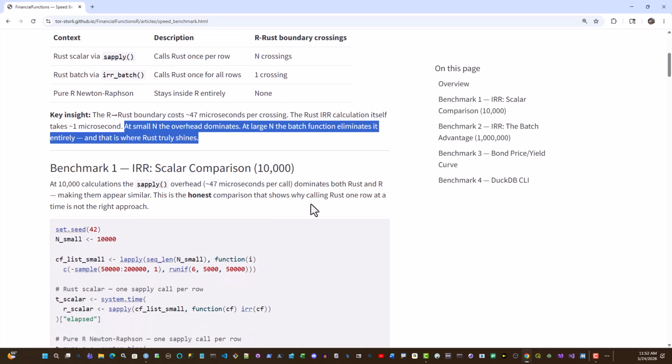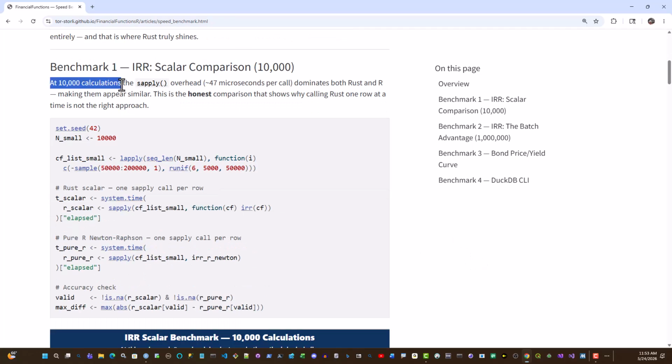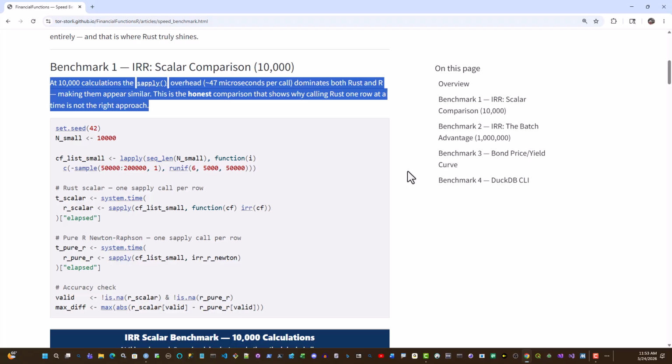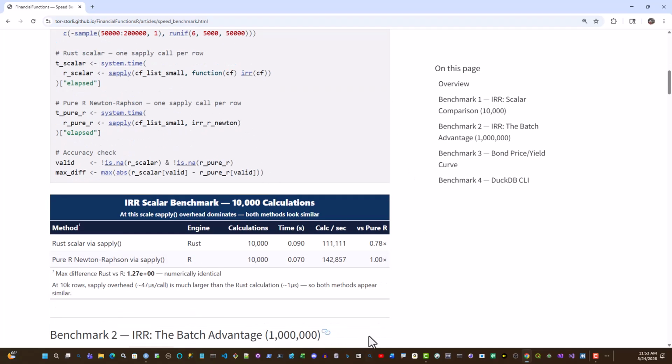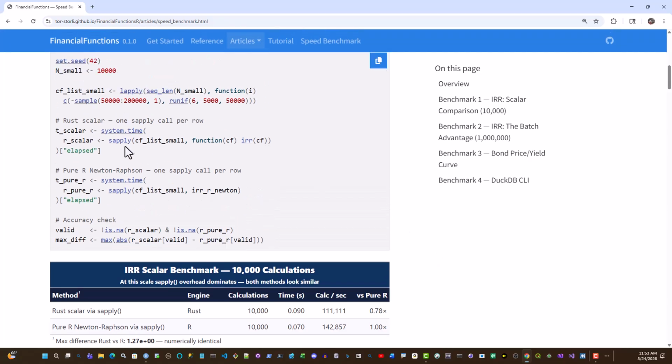So if you can pass it all in at once to Rust, that's preferable, because otherwise it's going to be slow in the transit because you have to pass it into Rust every time. If you use 10,000 calculations, you use this sapply function in R, then you can run this kind of code. And if you do, you're going to notice it's not much of a difference for such a small amount of